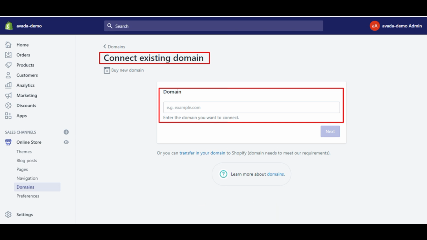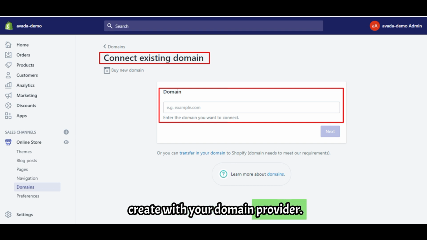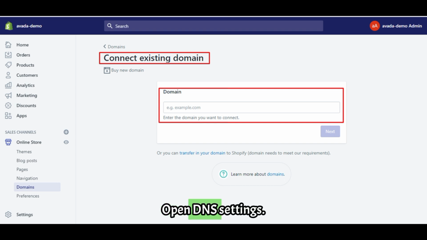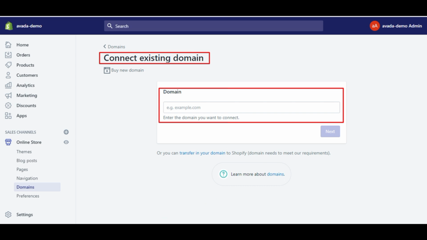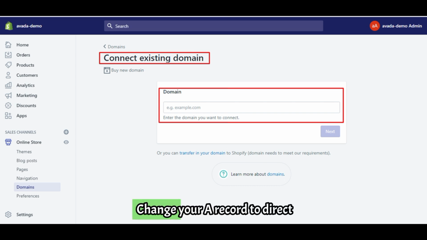Step 1. Log in. Sign in with the account you created with your domain provider. Step 2. Open DNS settings. Go to DNS settings. Find your domain management area, DNS configuration, or something like that. Step 3. Edit your A record. Change your A record to direct to Shopify's IP address